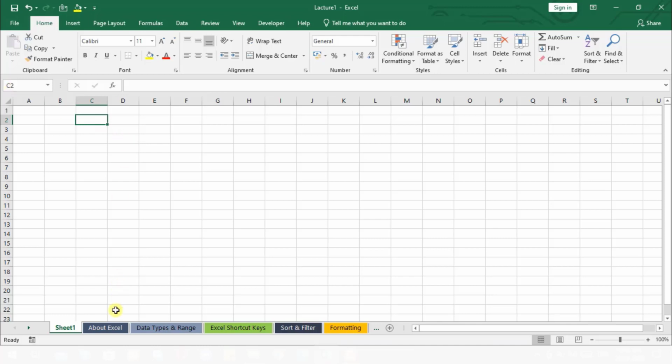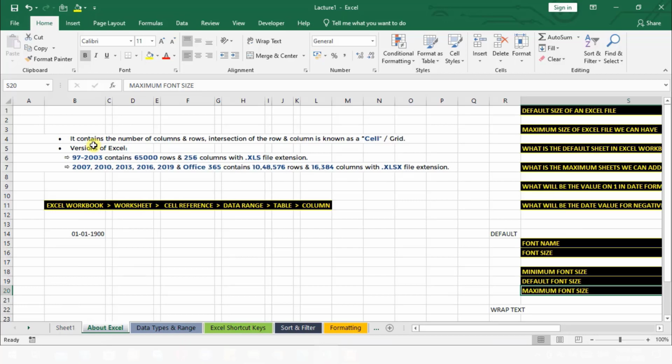Similarly, if you are having the Excel version of 2003 or 97, it contains 65,000 rows and 256 columns with the .xls file extension. This file extension is nothing but the format in which we are saving our file. Simple. Now if you are having 2007, 10, 13, 16, 19 or MS Office 365, in that we are having